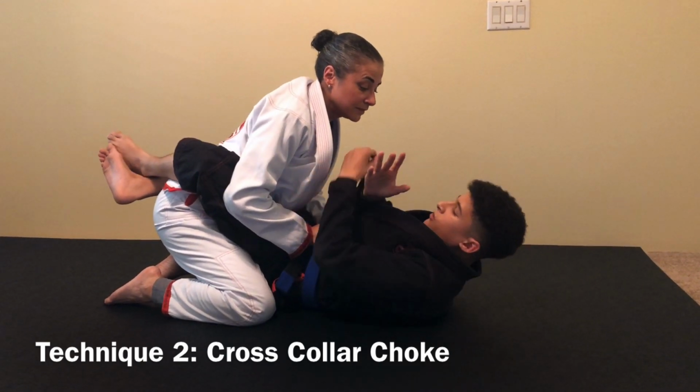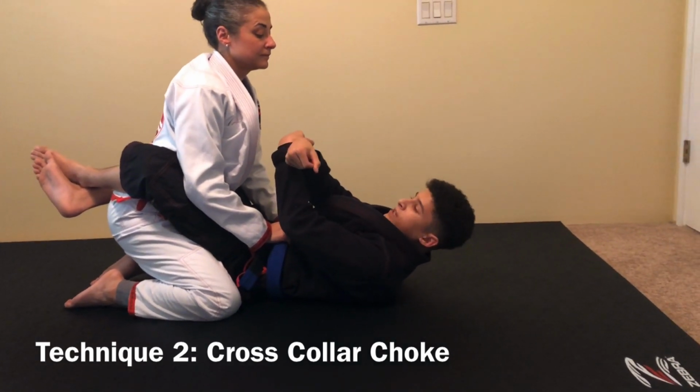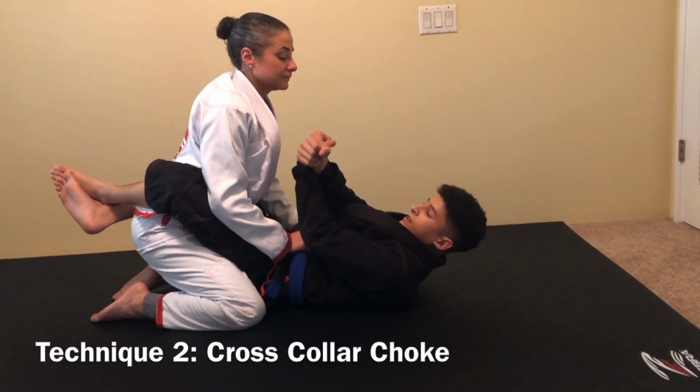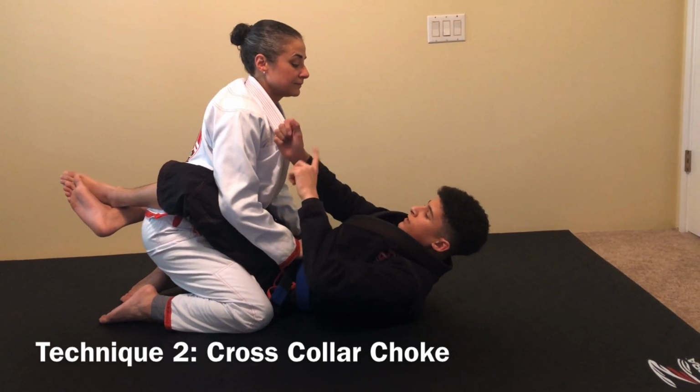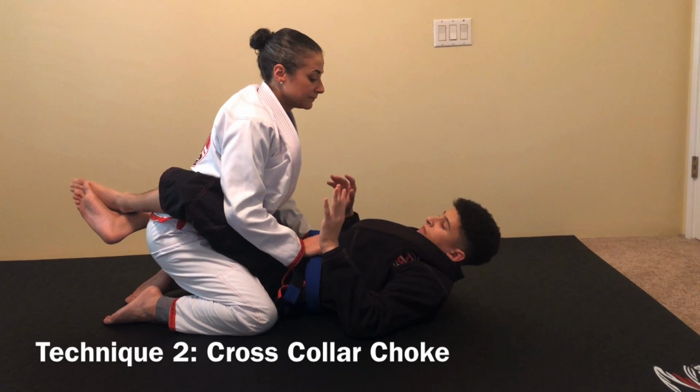When we're doing this choke, you want to make sure that you're flexing your wrists like this. This will put more pressure because our wrists will be digging more into the side of their neck. Okay? Again,